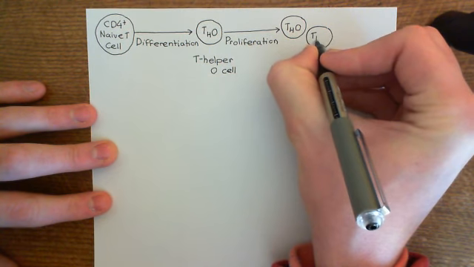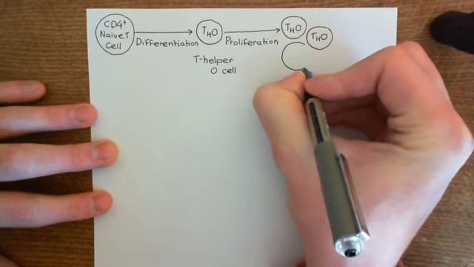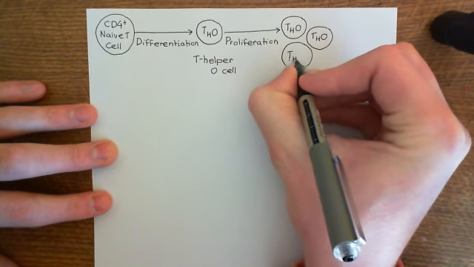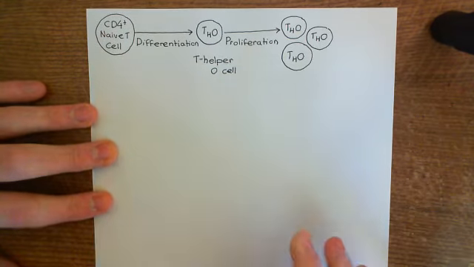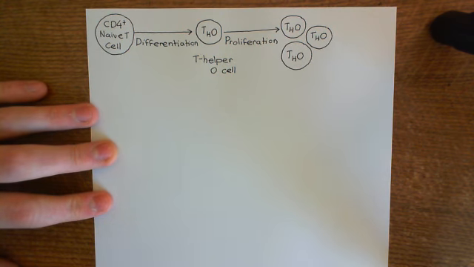So I'll draw 3 of these, but in reality, of course, you're going to make thousands of the things, if not millions. So you've made a huge, great population of identical T helper naught cells which all have this T cell receptor which is primed against a certain fragment of that autoantigen, which was some citrullinated protein present in the